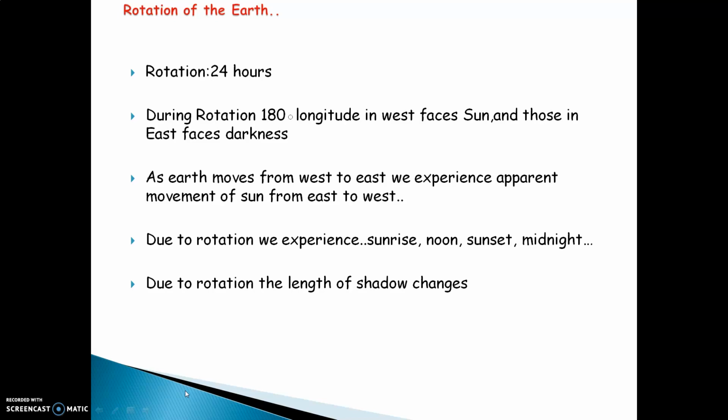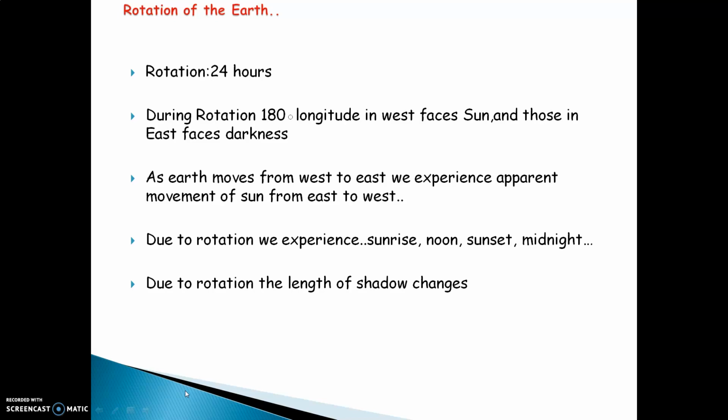half of the Earth faces the sun, and that is when the west part does. Similarly, when the west part is facing the sun, the opposite part, that is the east, faces the darkness. Slowly, when the Earth is revolving around the sun and rotating around itself, the east part now faces the sun, whereas the west part will now